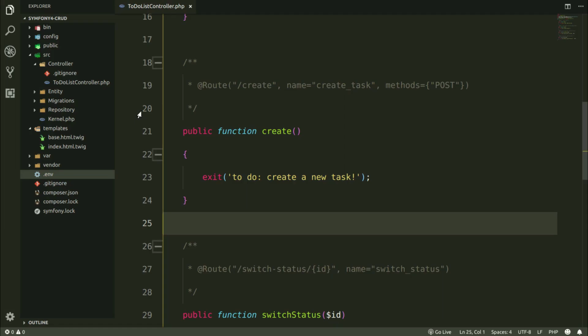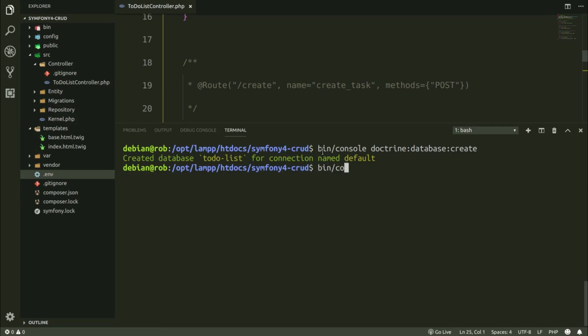So now I want to create tables, but I'm not going to do this manually. I'm going to use entity files in Symfony, which are responsible for communicating with the database in Symfony. Entities in Symfony are like models in other frameworks. So let's create our first entity. Bin console make entity. And the name of the entity,